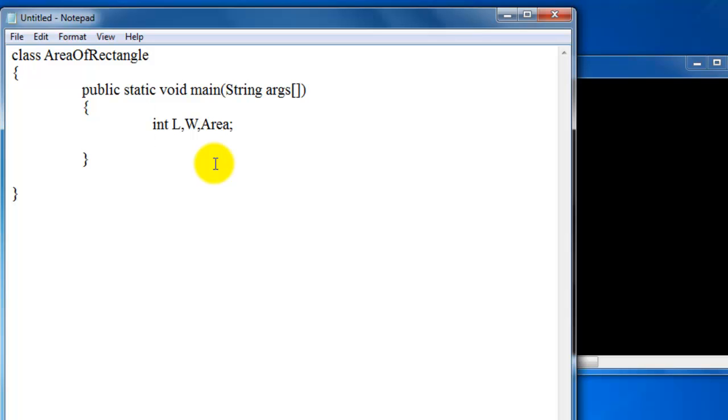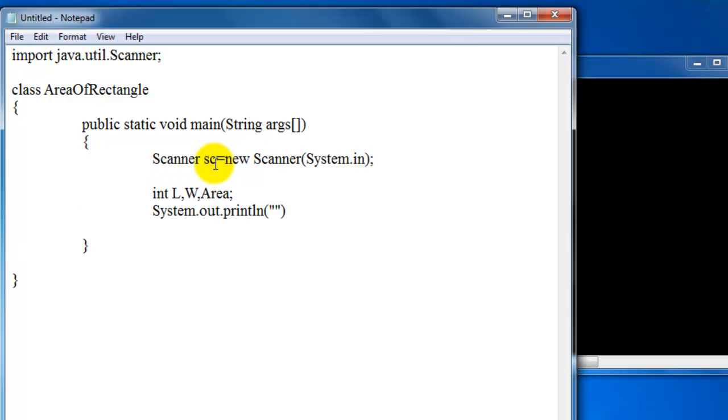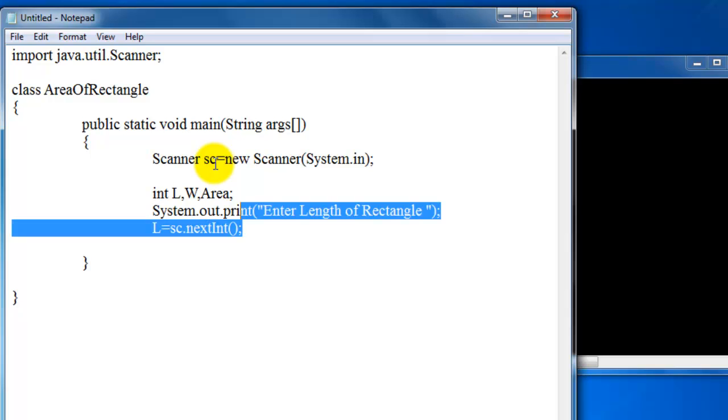Now in this program we are going to take input from the user. So we need to import the Scanner class, java.util.Scanner, and create a Scanner object, Scanner sc equals new Scanner(System.in). Now System.out.print, enter length of rectangle, using print instead of println, semicolon, and l equals sc.nextInt().